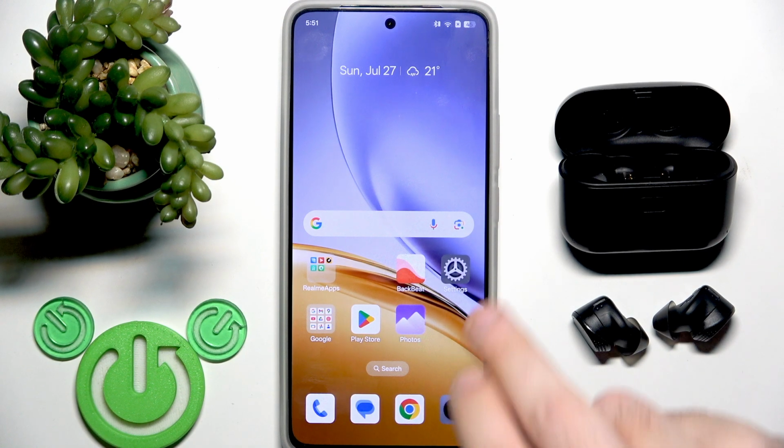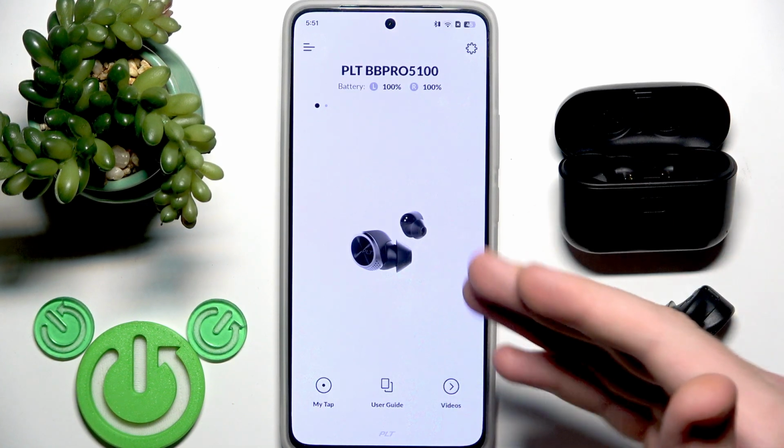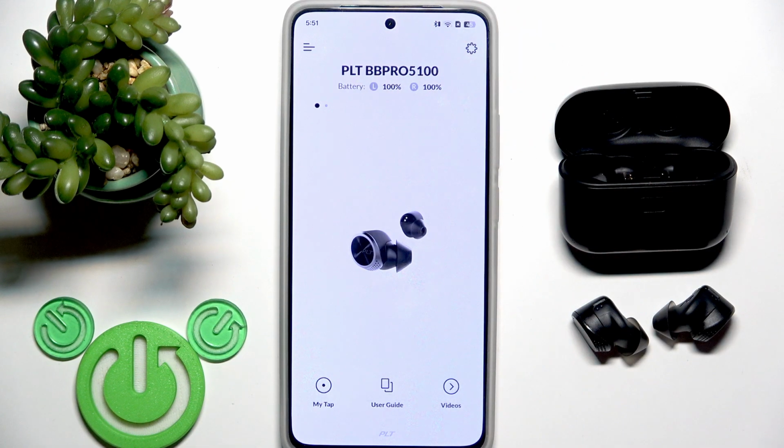You have to start by opening the Backbeat application. Of course you need to add your earbuds to the app and then you will see the same menu. And you cannot use the application on your iPhone because it's not available for iOS devices, because they removed this application from the App Store and Play Store. But on Android you can